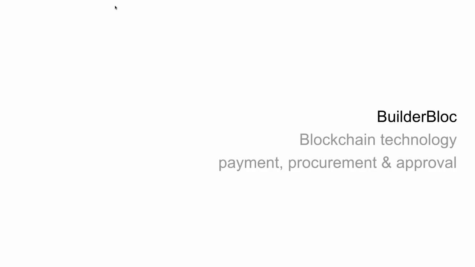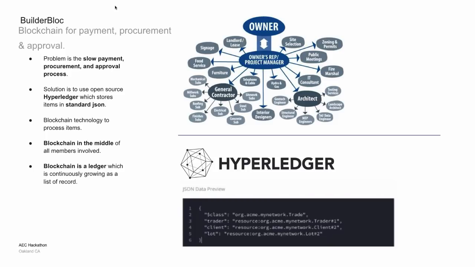So, Builder Block, using blockchain technology. Builder Block is trying to solve the slow payment, procurement, and approval process by using blockchain. They used an open source SDK of Hyperledger in order to use the blockchain, and it gives you very basic JSON style